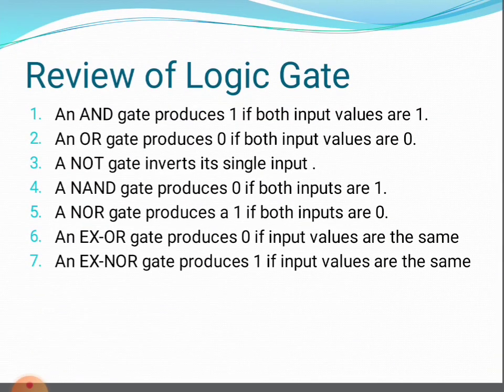Review of logic gates. First is an AND gate produces 1 if both input values are 1. This is for the AND gate. Second is an OR gate produces 0 if both input values are 0. This is for the OR gate. Third is a NOT gate inverts its single input. This is for the NOT gate. And fourth is a NAND gate produces 0 if both inputs are 1. This is for the NAND gate. And the fifth point is a NOR gate produces